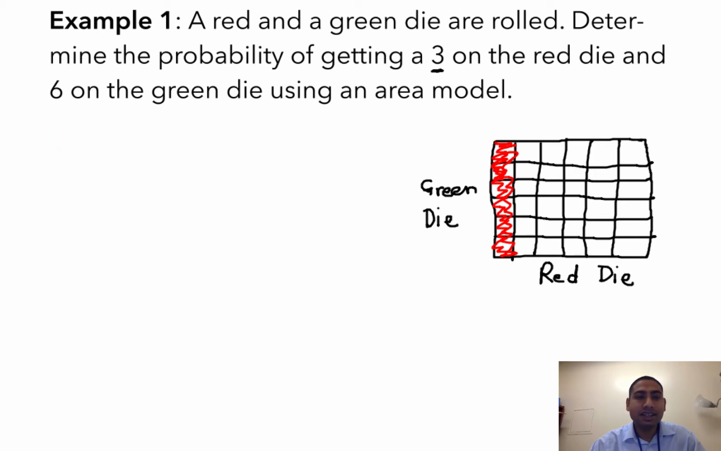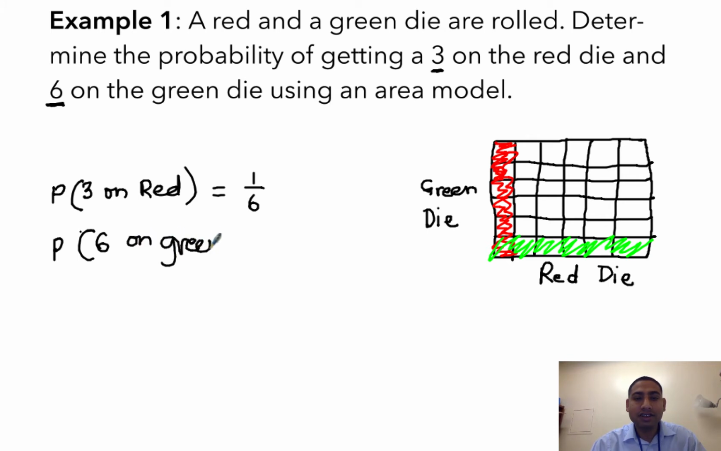Likewise, I'm interested in getting a 6 on the green die. So I'm going to color the side for the green die with the probability that I get a 6 on the green die, and also 1 in 6. So I'm going to say this long rectangle. Notice that the width is 1 out of 6. So the area of this long rectangle represents the probability of getting a 6 on the green die. Let me record the information that we used so far. So probability of getting 3 on red was 1/6,